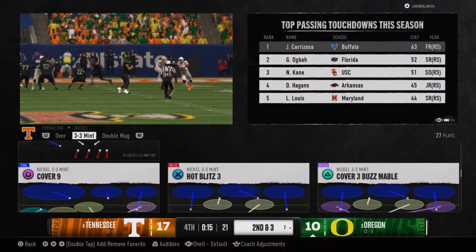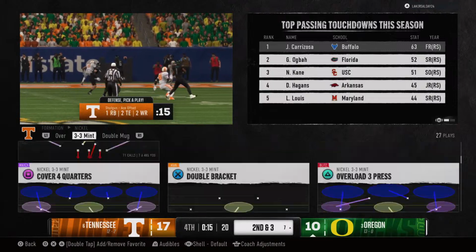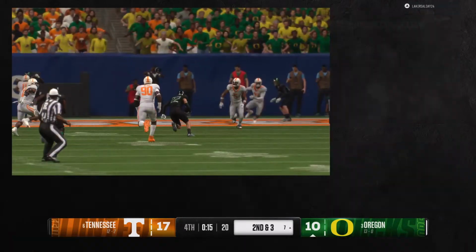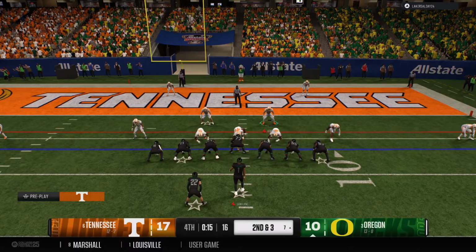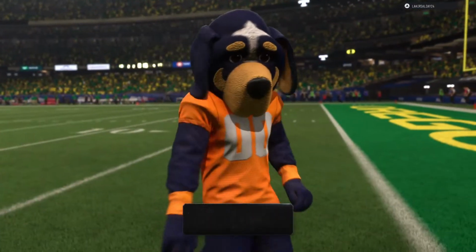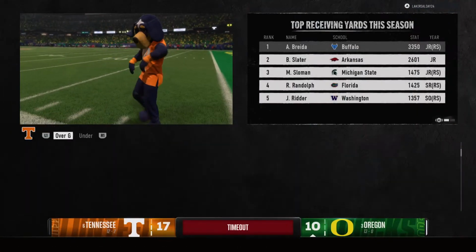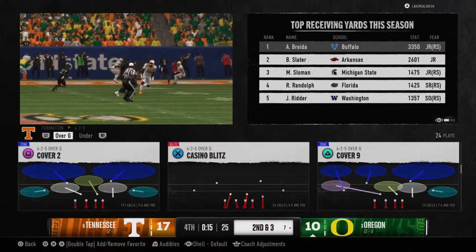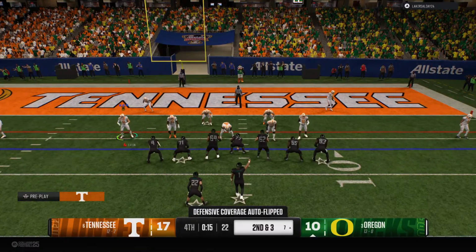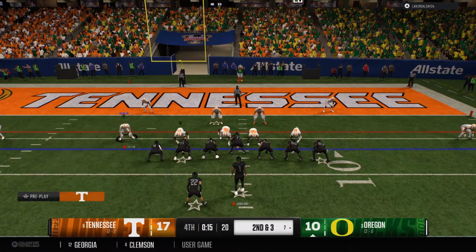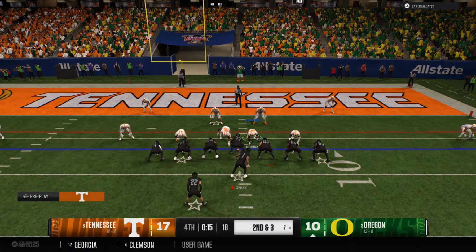That's a much better job by this quarterback of working through his progressions. We've seen him earlier try to force some throws, trying to make a big play. This time, works through his progressions, checks it down to the flat, and picks up some positive yards. And a timeout taken now by the defense. 15 seconds to play. Here comes a crucial second down play. Every yard tough to find down here in the red zone.